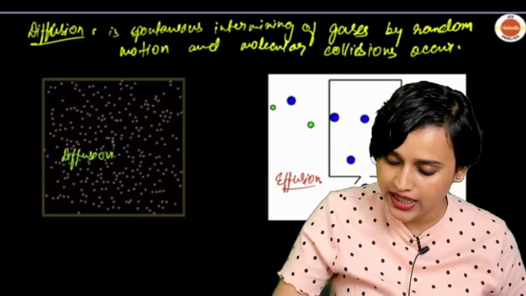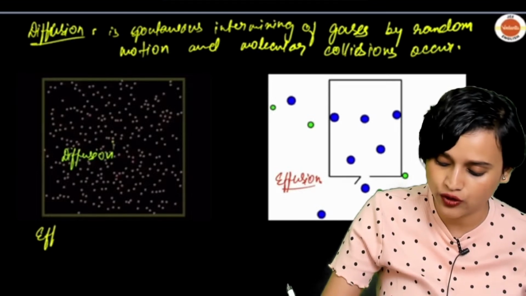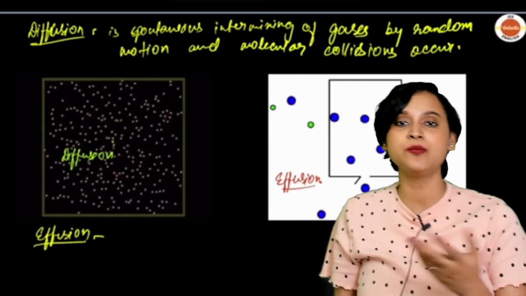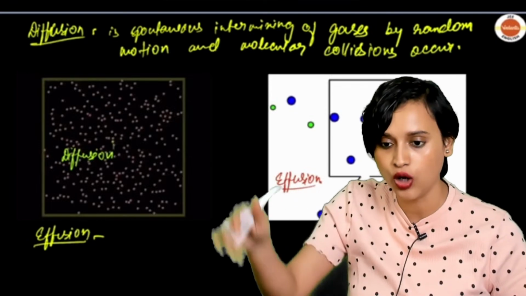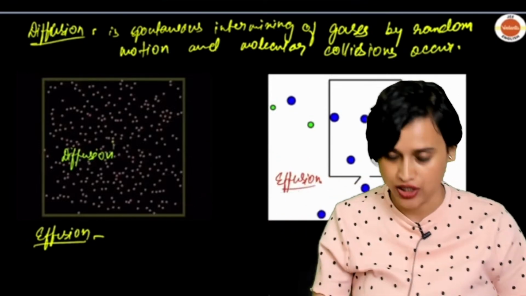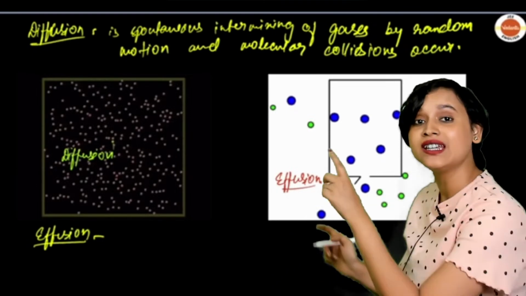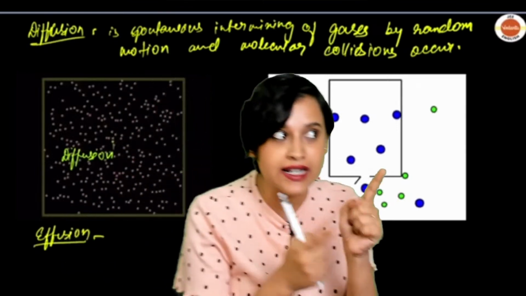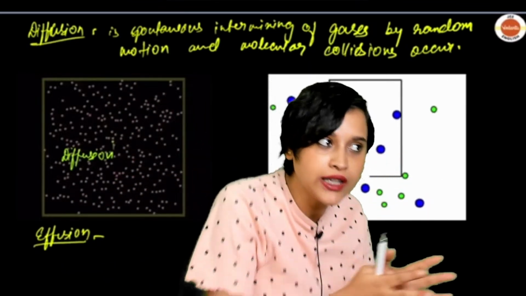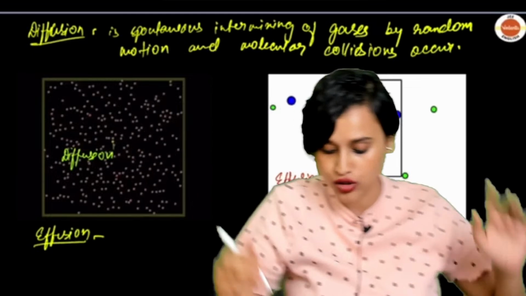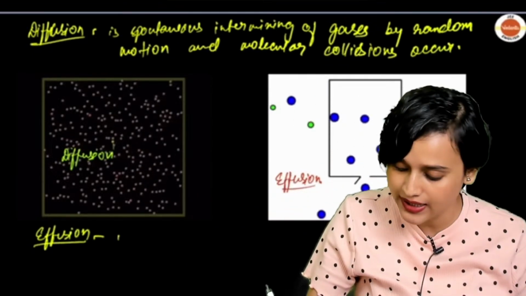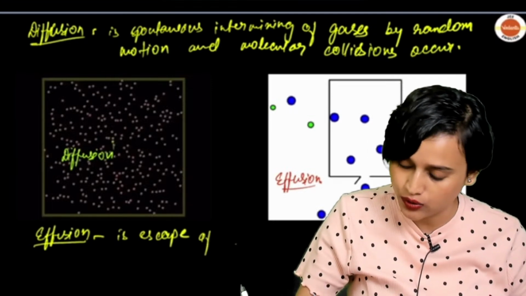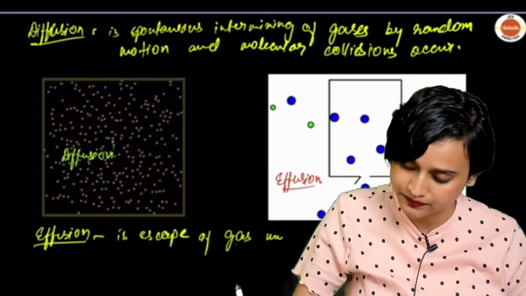Now let's also write down what is effusion. Effusion, I'm writing it here. What is effusion, everybody? Effusion is escape of gas molecules through a pinhole into low pressure. But here the molecules are not colliding. Why? They just saw that there is an empty space, so all they wanted to do was move out. So in effusion, what is happening is escape of gas molecules